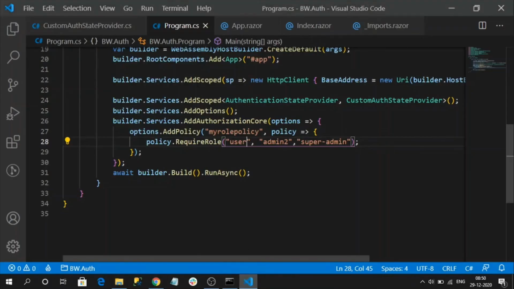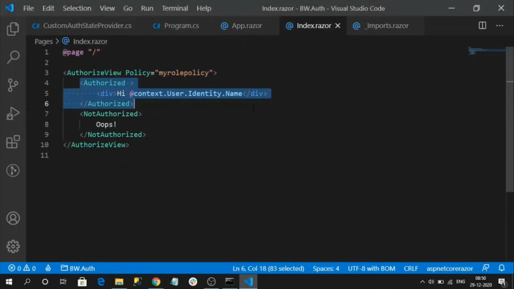This is how policy based roles will work in a Blazor WebAssembly application for the authorized view. And this is for component level, right? I have explained. Now we can restrict our entire page component using the authorize attribute.